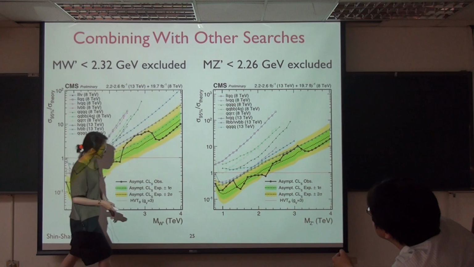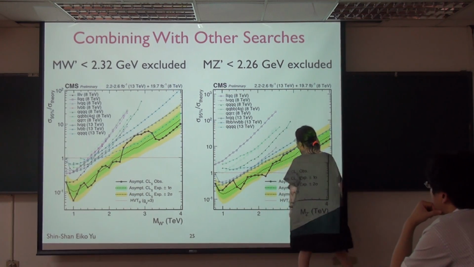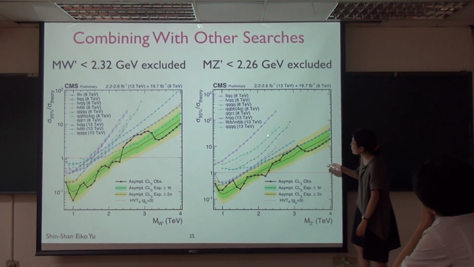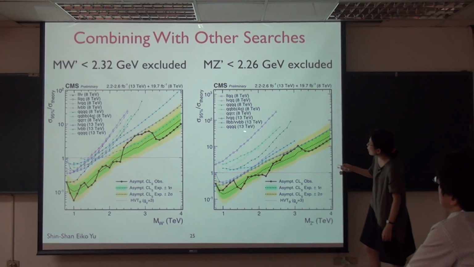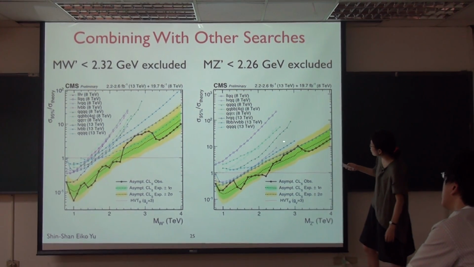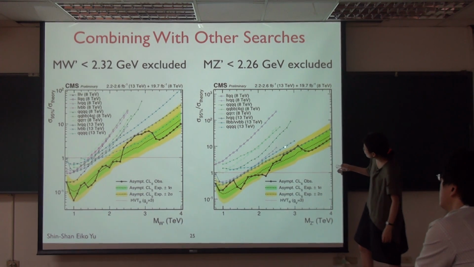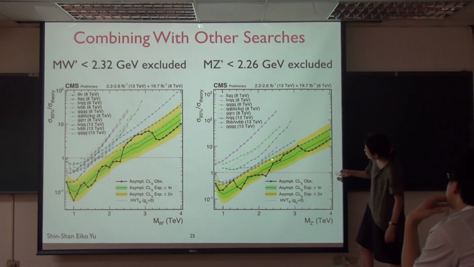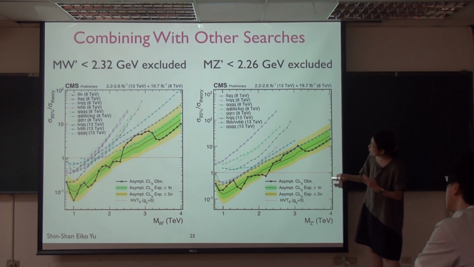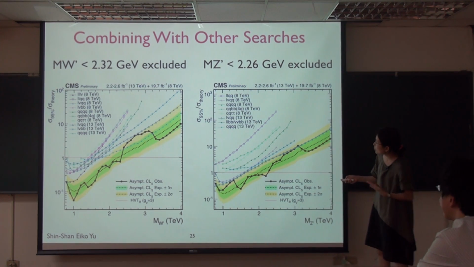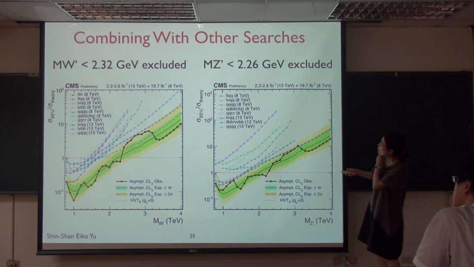Okay. So for the Z prime, we also combine with the other diboson searches. And for this Z prime analysis, this is also this blue curve here. All right. So by combining all the final states together, we can exclude the mass below 2.3 TeV for the W prime and